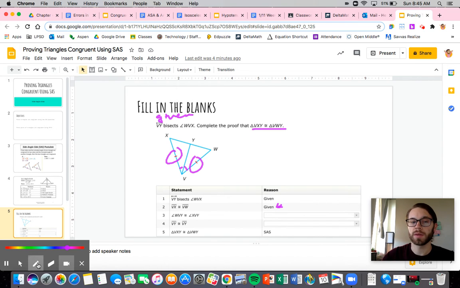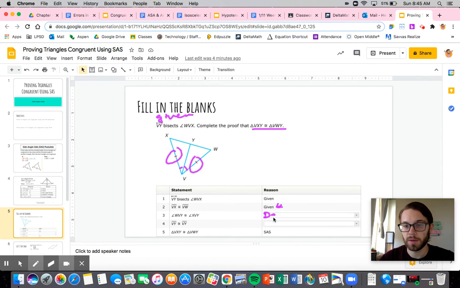All right. So that's all we're going to do. So this is our definition of an angle bisector. And I'm lazy, so I'm just going to shorthand. Okay, definition of an angle bisector. Now, we have VY is congruent to VY. Well, what's that? That is this shared side. And whenever we have a shared side, that is the reflexive property. All right. So finally, we end with that the triangles are congruent because, again, we have a side, an angle, and a